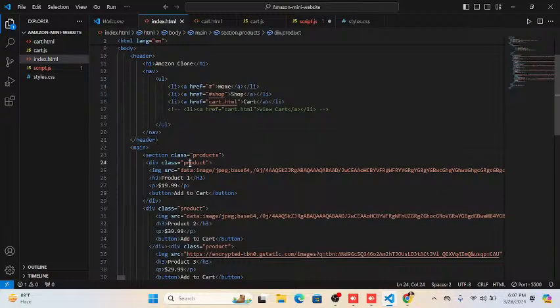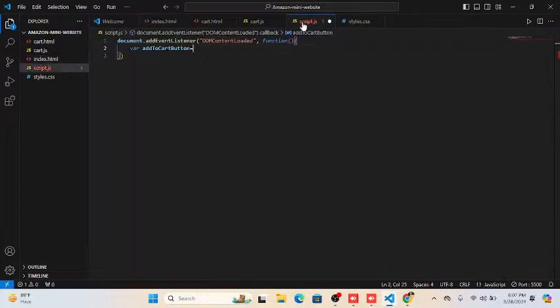This is for the whole product, we are using the same class name product, and we need to apply the functionality on a button. So how are we going to write it? For a class we use the dot symbol, and for the button we simply use the tag name button only. Okay, so document,